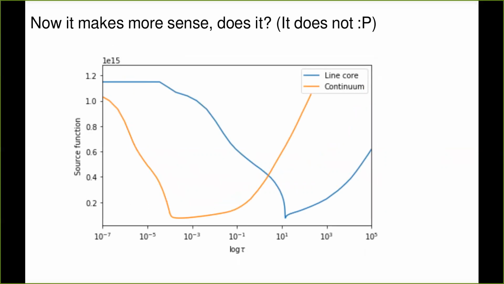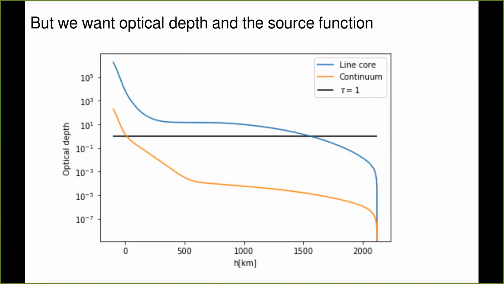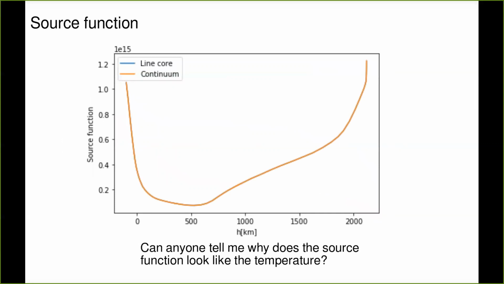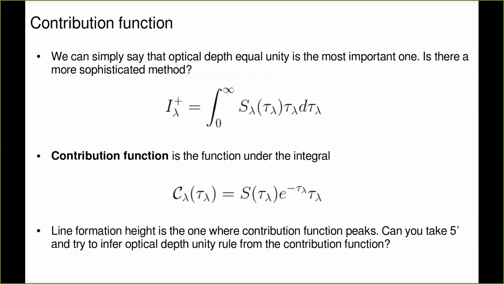Well, I see that the source function, first of all, basically what I did now is I took this y-axis and this y-axis and I combined it, right? So to see the difference. Now my x-axis is optical depth at 2 given wavelengths. This is source function at 2 given wavelengths. And this is very non-informative, okay? What we want to do instead is we want to calculate a new quantity, and that new quantity is going to be something that we call contribution function. Okay. So what we are actually looking at is the outgoing intensity, is this.